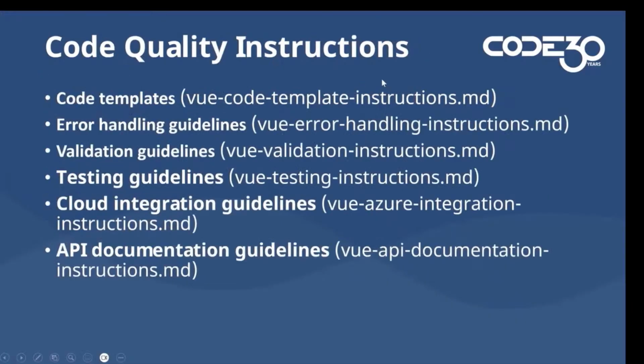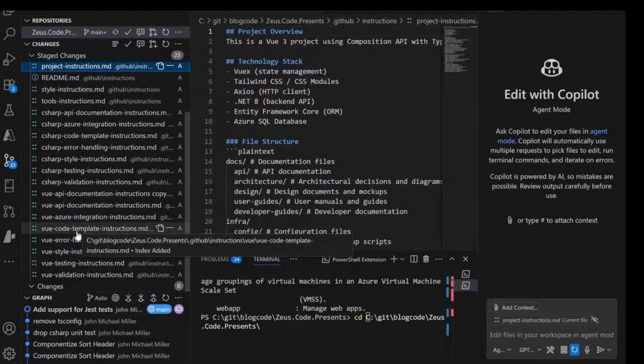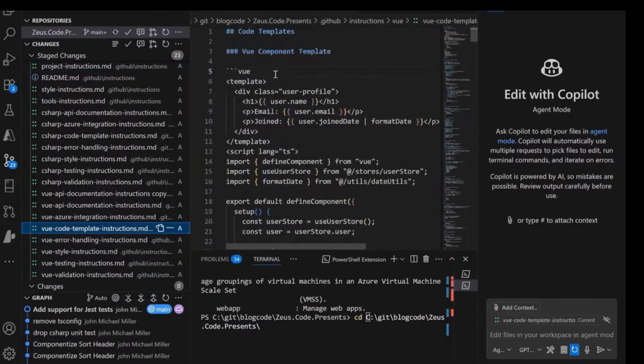So here are some code quality instructions. We can do things like code templates, error handling guidelines, validation, testing, integration, and API documentation. If we take a look at some of these, and I go back and say, let's take a look at the view templates. So here are code templates instructions, and this file basically just contains a list of various code blocks. So this is a nice feature that we're utilizing of Markdown,